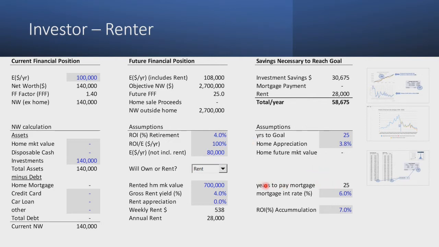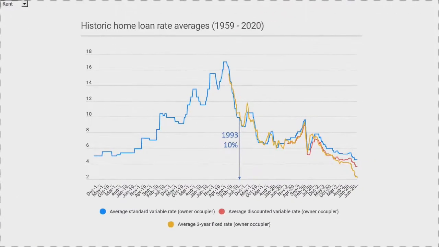Well, the years to pay the mortgage, I am assuming the same as the years to goal. This is because this is the way the model works. Mortgage interest rate 6%, and this is again something I have checked in Australia, and it's also similar in other